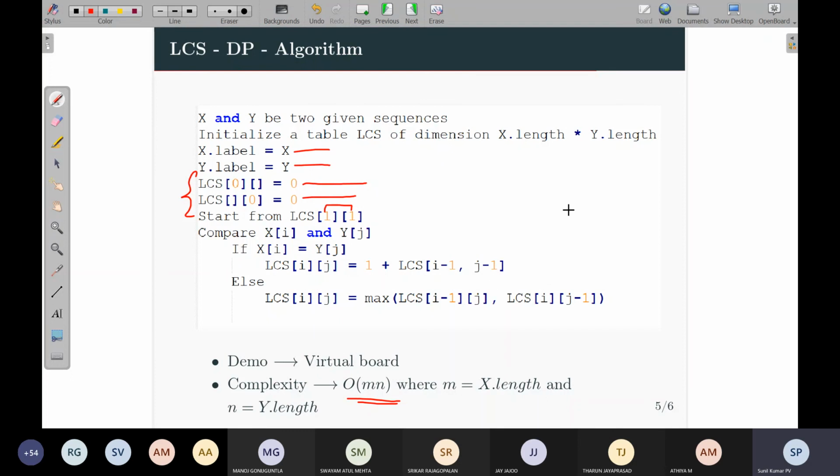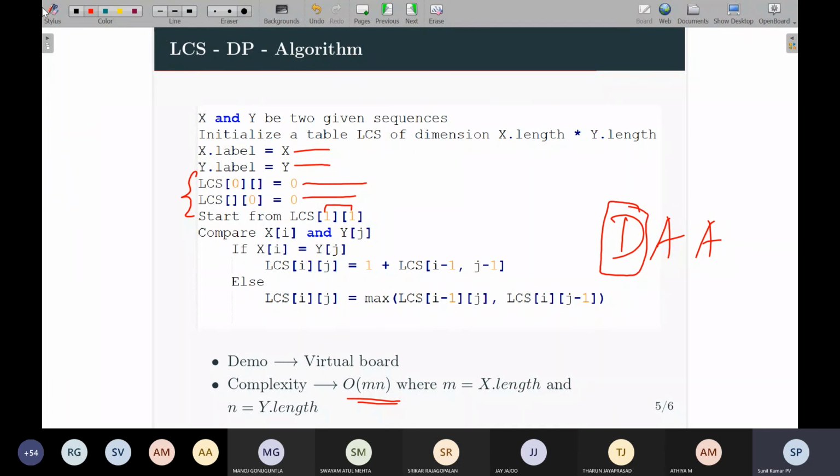So again, we have done another design and analysis of algorithm. What was the problem? Finding the longest common subsequence, maybe the length of the longest common subsequence, and sometimes the sequence itself. We analyzed its complexity: it is just filling a table of size m cross n, a matrix filling. So this is again a design and analysis of algorithm. We are doing justice to our subject.